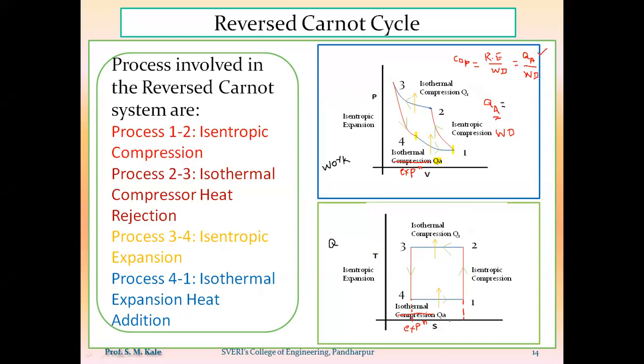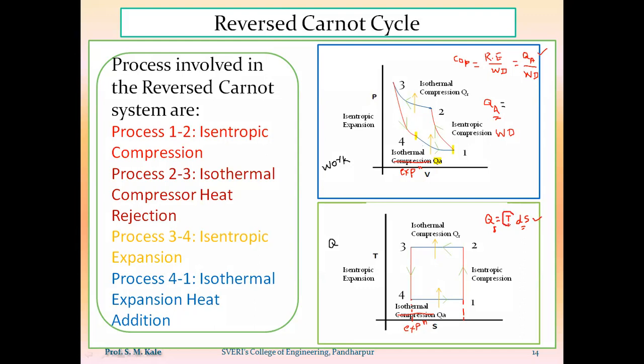Now here also, to calculate the amount of heat added or amount of heat rejected, I will have two options. The first option is to calculate the amount of heat supplied or rejected during the process by using the formula Q is equal to T into ds. We know that the amount of heat supplied or rejected, that is the change in heat, will be calculated by using the formula T into ds, where T is the temperature and ds is the change in entropy. When to use this formula?